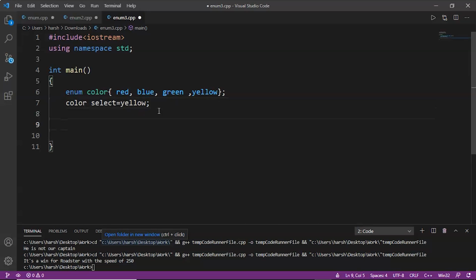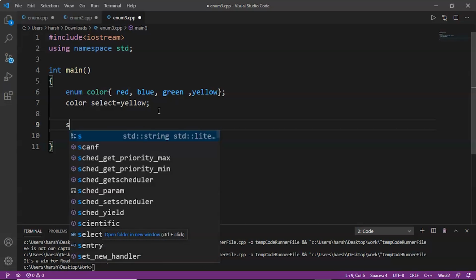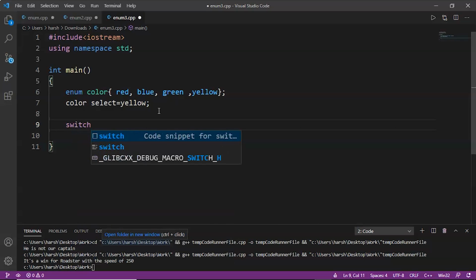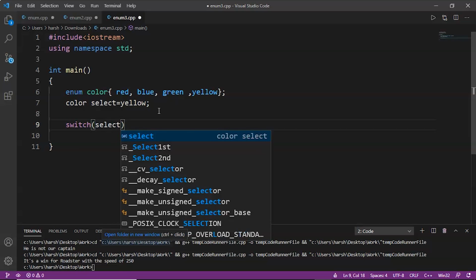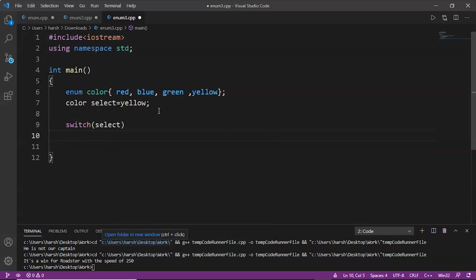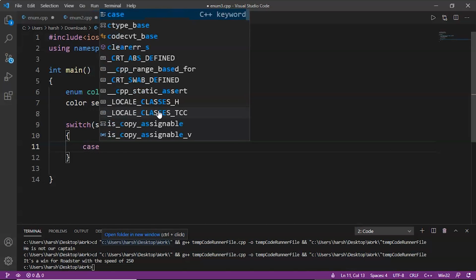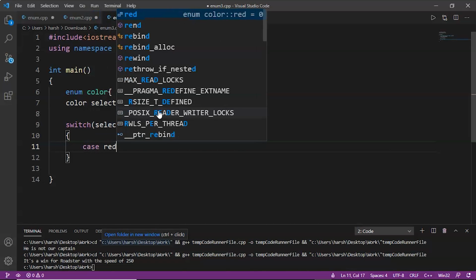Now in switch statement we will write switch, and we will pass here the variable, that is select. Basically we are passing yellow because yellow is assigned to the variable select, and that is why it is getting passed. So now case 1, that is case red.